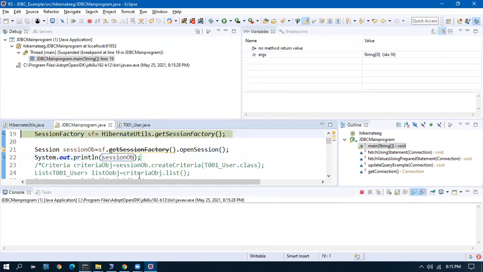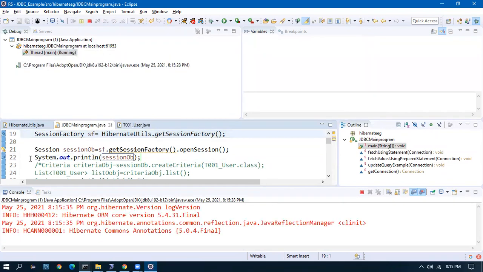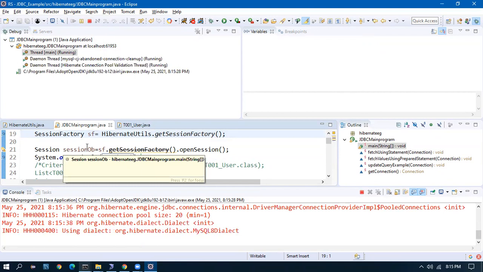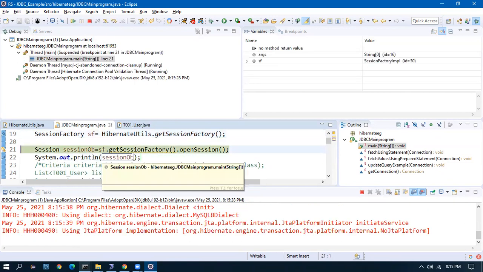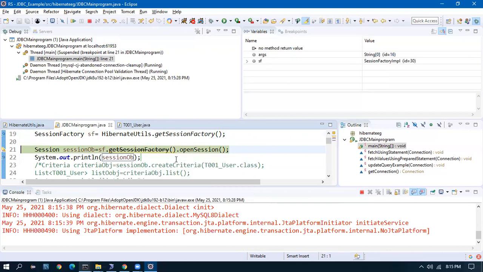Yeah, these basic things you need to understand. That's why I want to give a debug on this and show you what is in the session object. Okay, so F6, we have it.